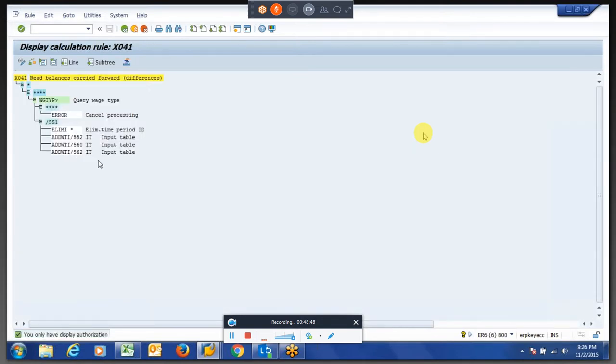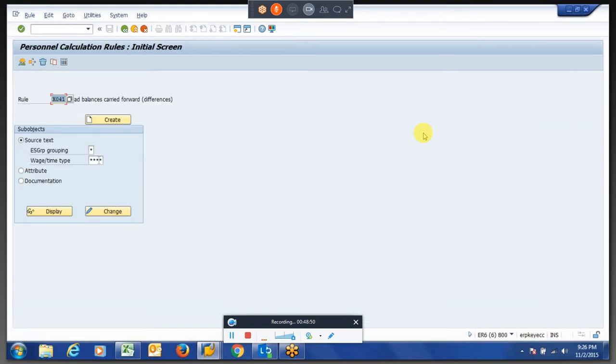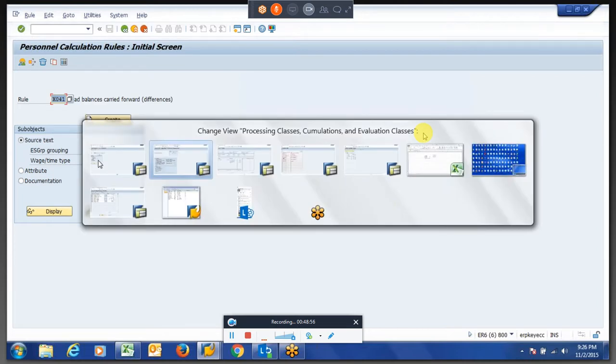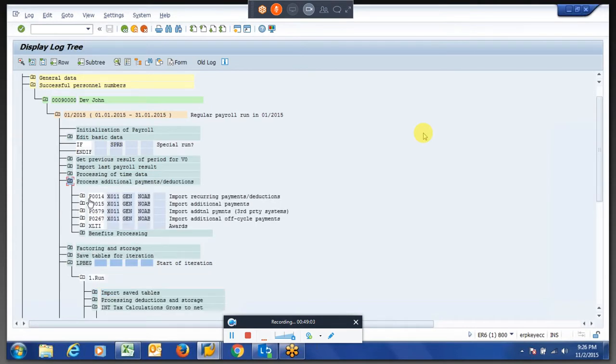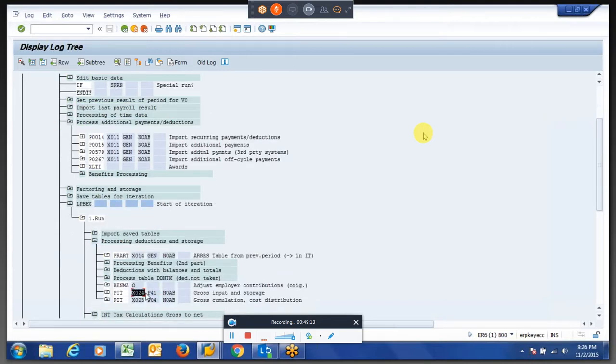What is this PCR? This is the one, X024 is the PCR which was accumulating.